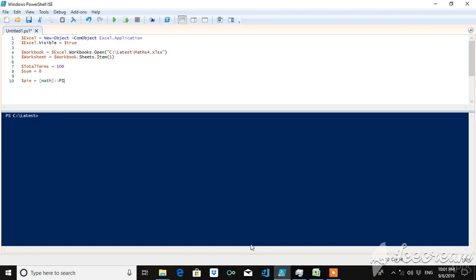So as I told you in my last video, what is pi? Pi is basically the ratio of the circumference of a circle to its diameter. Okay, so that is pi. Now I will be using a for loop. Okay,